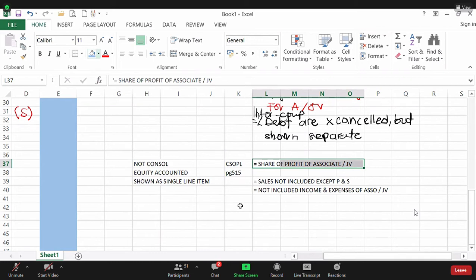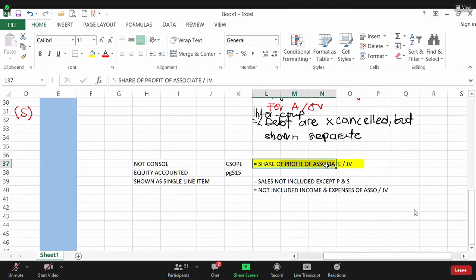Okay, and then he explained again to make sure that the students understand. Tax only consists of the combination of parent and subsidiary. Tax is an expense, and one of the conditions for associate is that expenses must be excluded. So tax in our consolidated statement only includes parent and subsidiary. Now, in order to make sure that everyone understands what is meant by a single line item under SOPL, where I record it as share of profit,